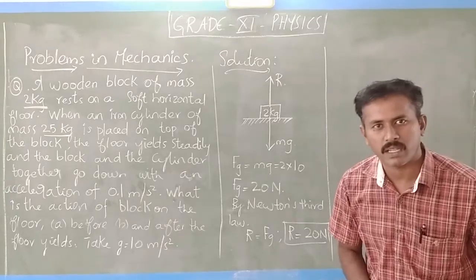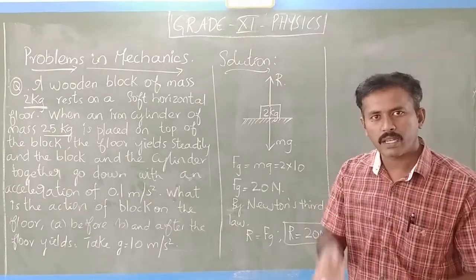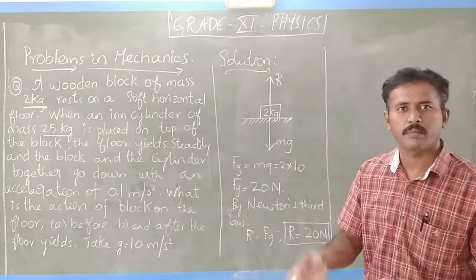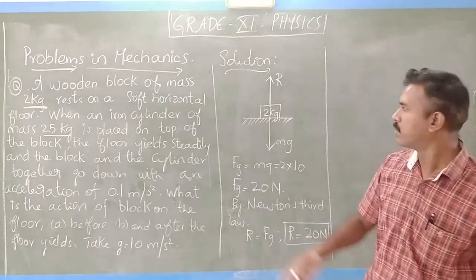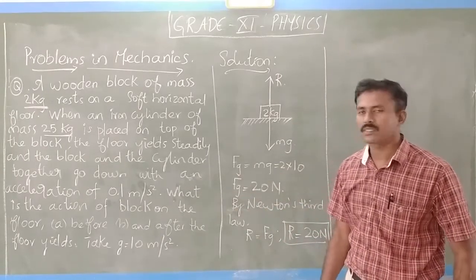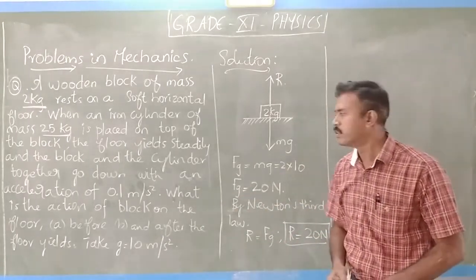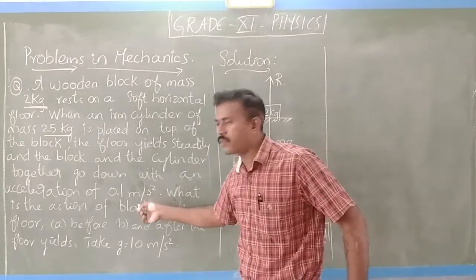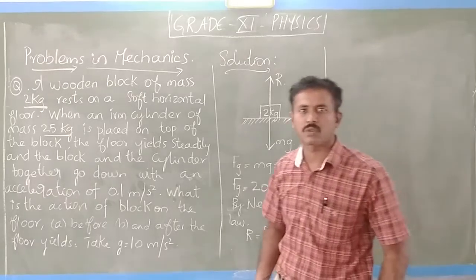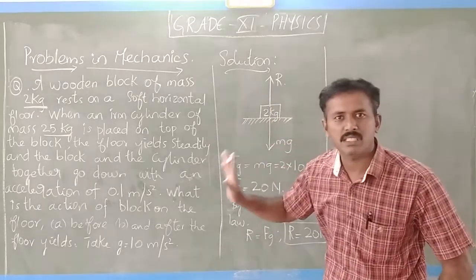It would have taken some time to get into the ground. Okay, so now by relating the time and the distance traveled by this entire mass system, they are telling this acceleration. So the constraint given is that this system is going with an acceleration of 0.1 meter per second squared when this 25 kg is placed.